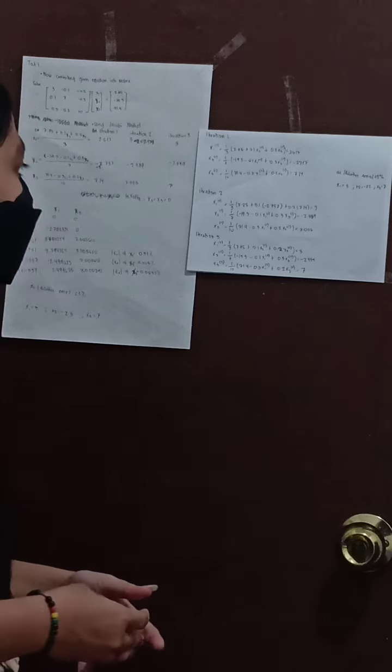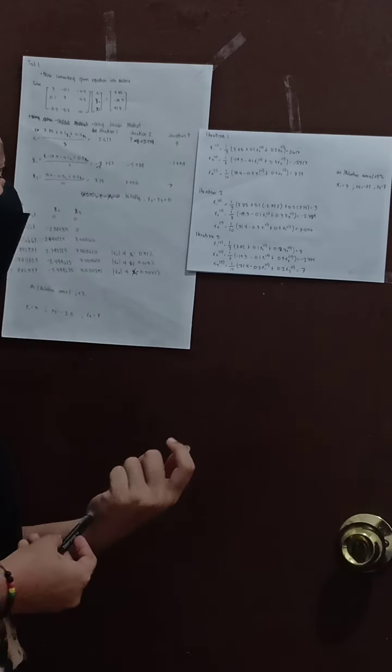Then x3 to the power of 2 equals 1 over 10 times 71.4 minus 0.3 x1 to the power of 1 plus 0.2 times x2 to the power of 1, which equals